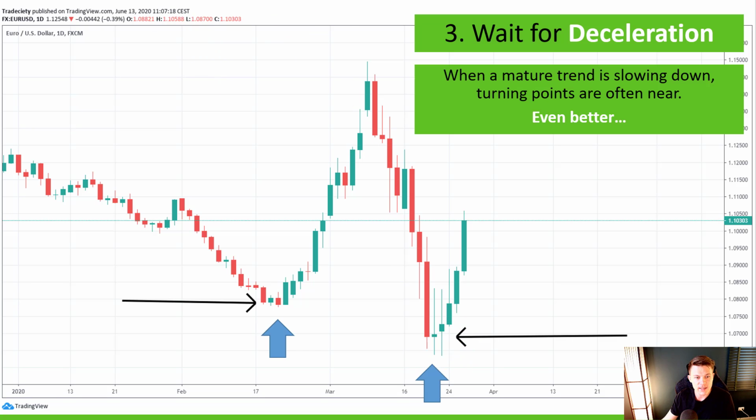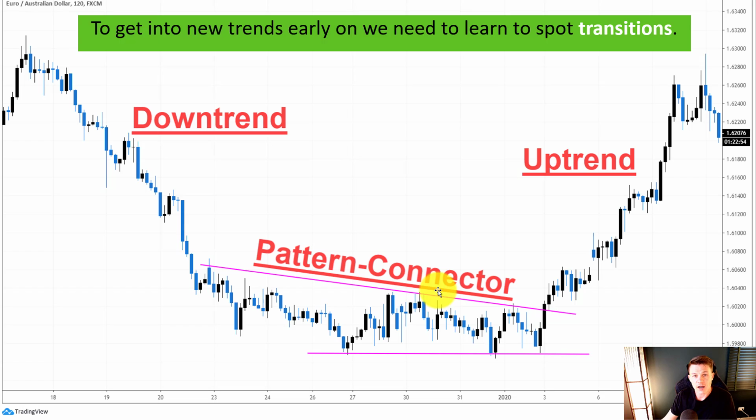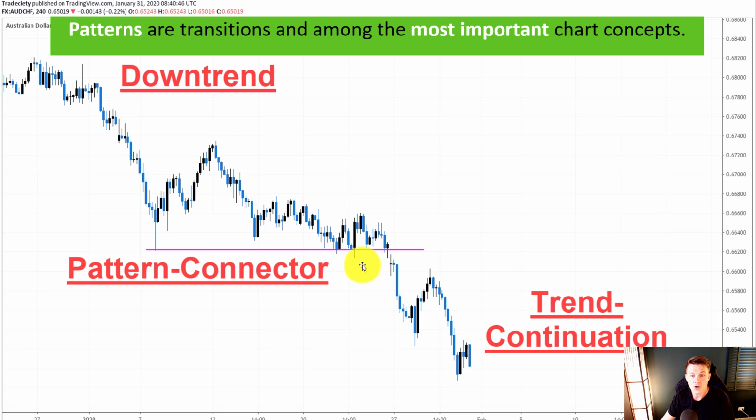your price action understanding. So pattern connectors are another point, and I love to talk about patterns. I've made many videos about pattern trading in general, and patterns are important because they are connectors. They connect different trending phases, so they connect a downtrend with an uptrend through a pattern, or they can even connect trending markets. So we have a trend continuation environment, and the pattern is connecting the first downtrend with the second downtrend. So it's very important that we are able to spot patterns and we understand how to trade